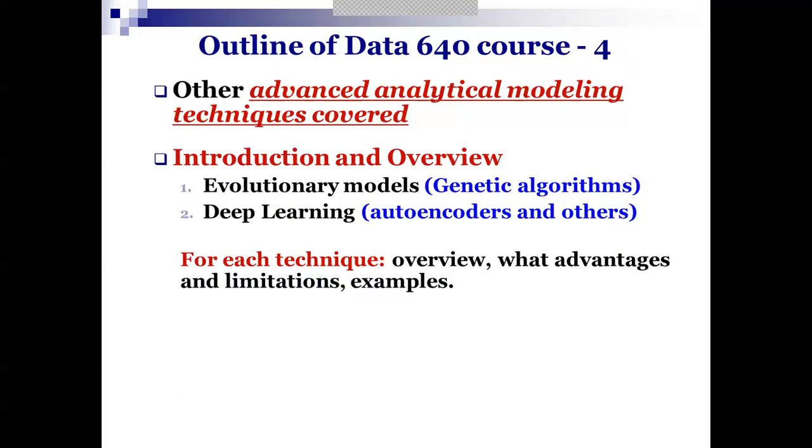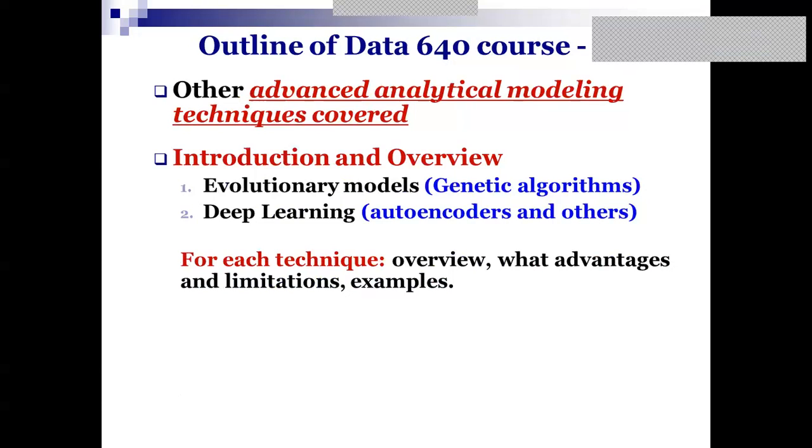Downstream, you won't have to worry about this for several lessons. It'll just be informational. Evolutionary models, genetic algorithms, are suited for a certain kind of problem where we don't have past data. Well, if you don't have past data, you can't build any of the predictive models I showed on the previous charts. You can't build decision trees, neural networks, regression, support vector, any of those. So what do you do? Well, you'll see with genetic algorithms, it's more of a prescriptive tool, but it can also help build some very